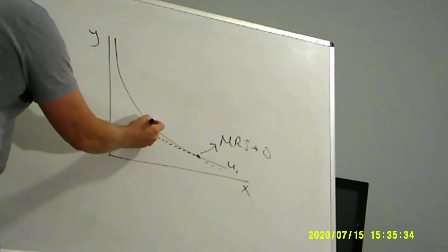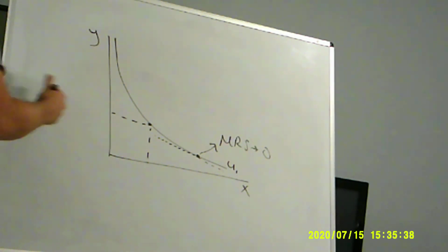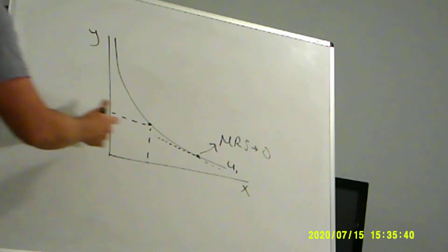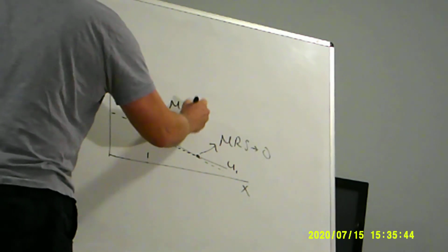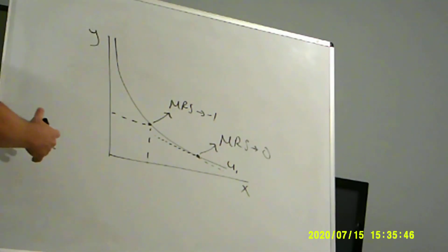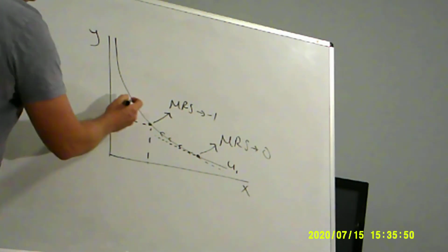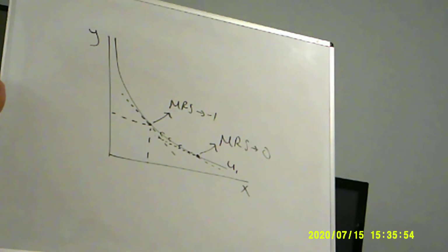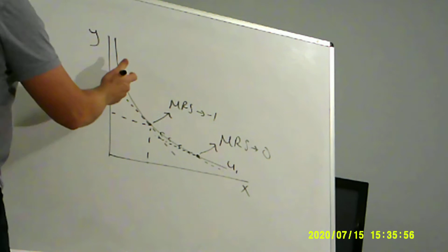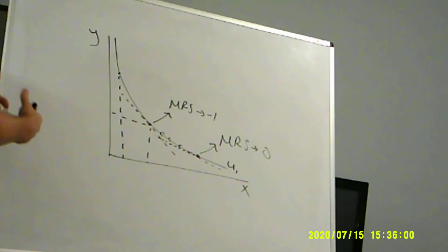Here, when they've got roughly equal amounts of the two goods, the MRS is going to move towards -1. It'll start to increase as they move up their indifference curve, and that's pretty obvious because the slopes of the tangent lines are increasing. And then finally, if I get here where it'll be really painful to give up X,